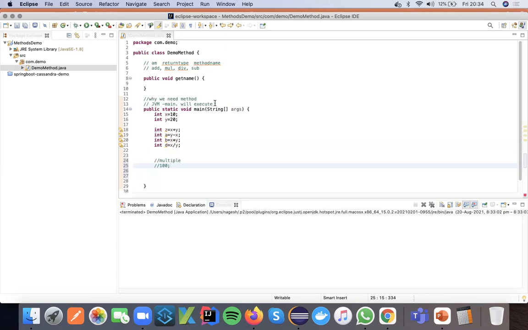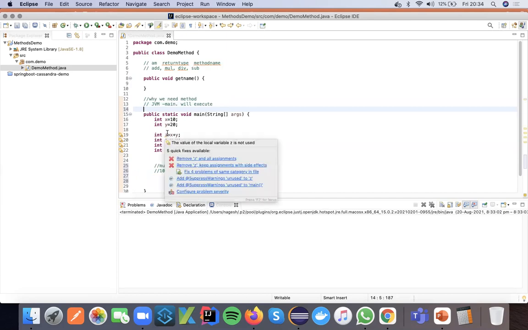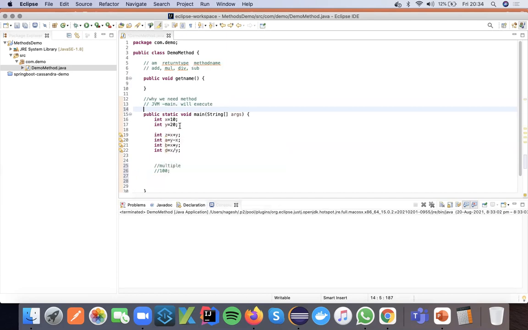So the major advantage is, when you keep all the code inside the main method, since it is static, everything will be executed by default. To avoid interrupted flows, we keep some lines of code in one method and some in different methods. If there is an issue while running, you can figure out which method is causing the issue and fix that specific one. So that is the advantage and that's where we need the method.